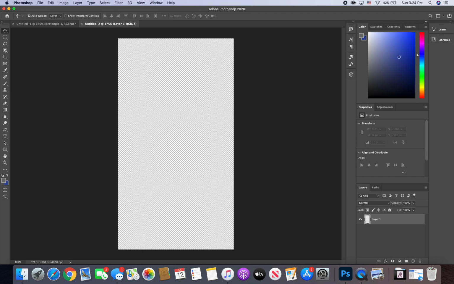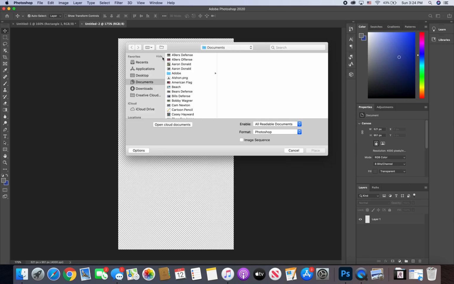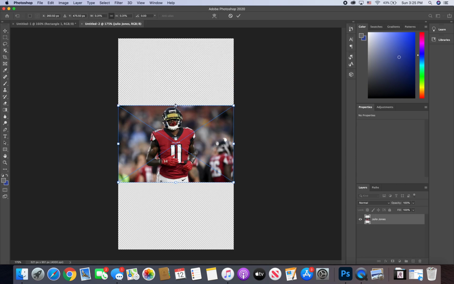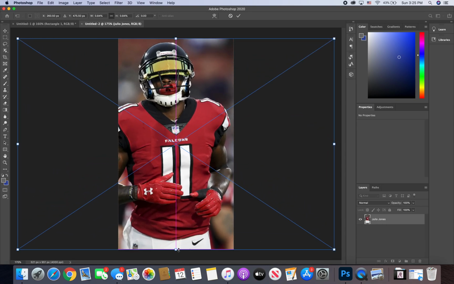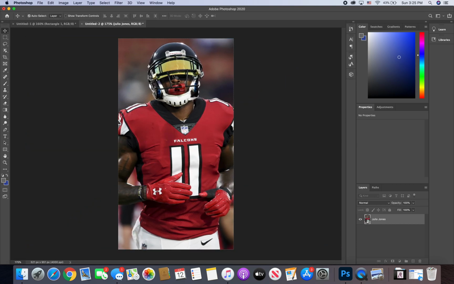I'll just move this to like 175 just to make sure I can see everything. Then I go to file, place embedded, and then I'm actually on a different screen than you'll see probably, but you go down to the bottom left if you see this, and you go to on your computer, and then once you have a picture saved on your computer, you can just select it. Like I'll just use this Julio one, hit place, and it places the picture. Then you can move it and scale it like we did with those other ones,